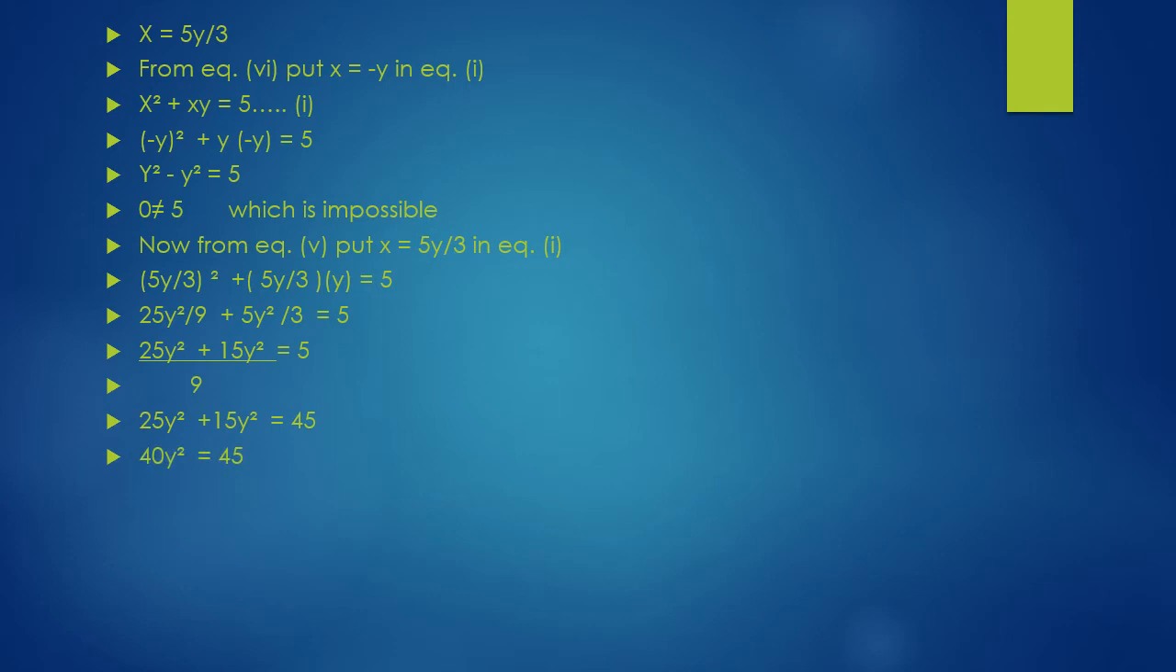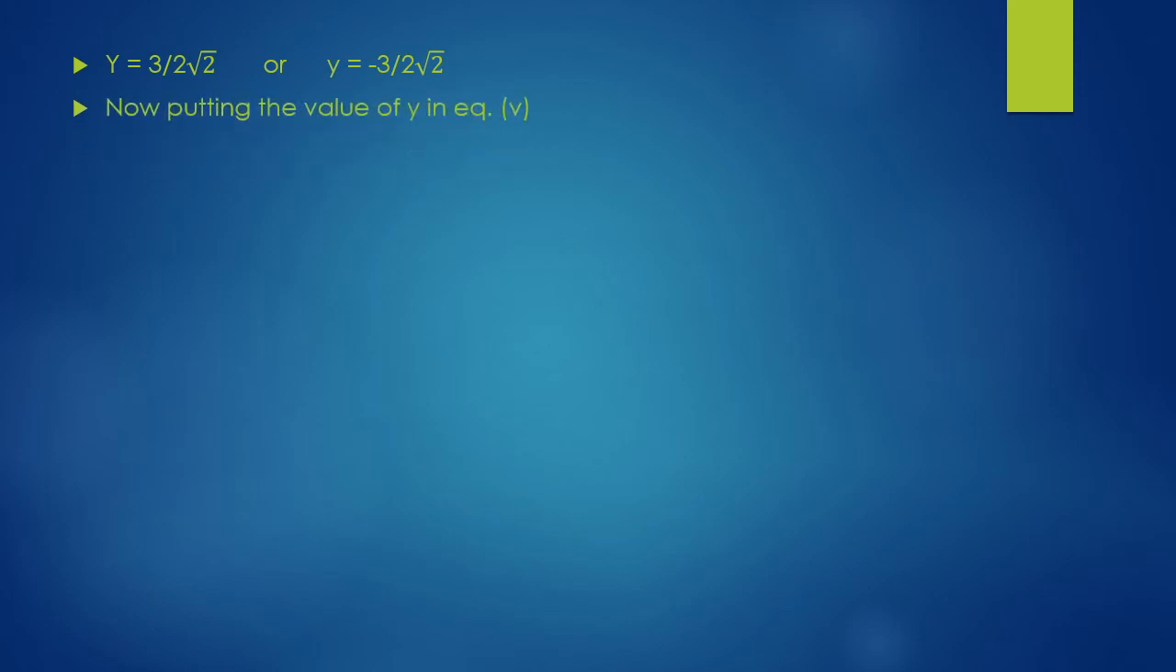40y square is equal to 45. Y square is equal to 45 divided by 40. So it means that y square is equal to 9 by 8. So taking square root on both sides, it means that plus minus y is equal to 3 divided by 2 under root 2, or y is equal to minus 3 divided by 2 under root 2. Now putting the value of y in equation number 5, which is 5y by 3, x